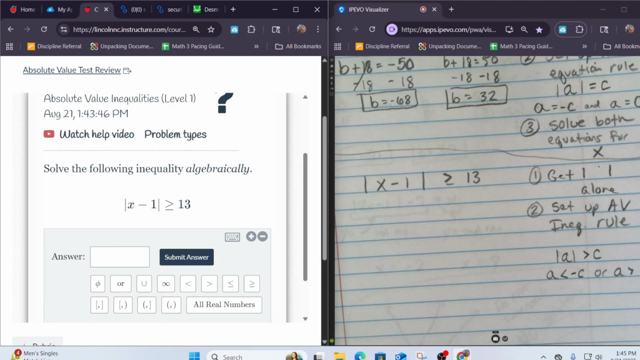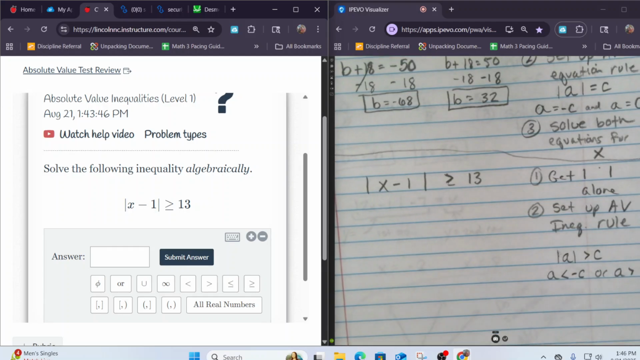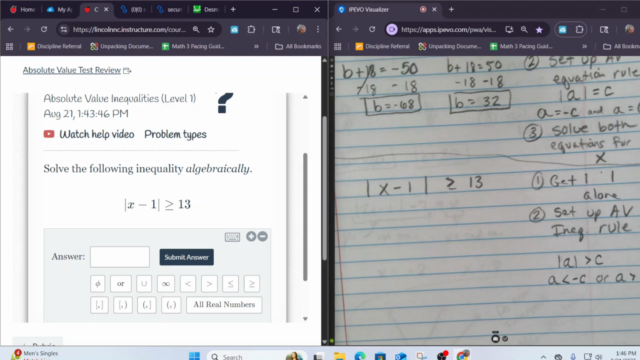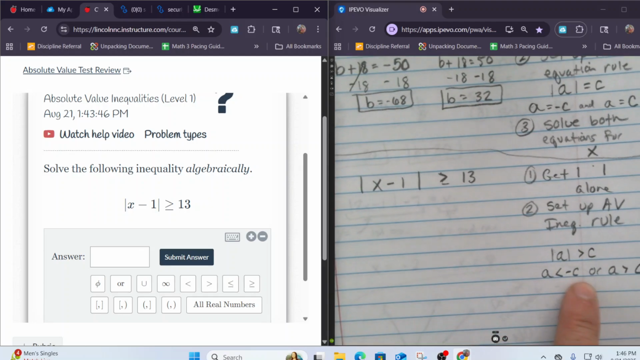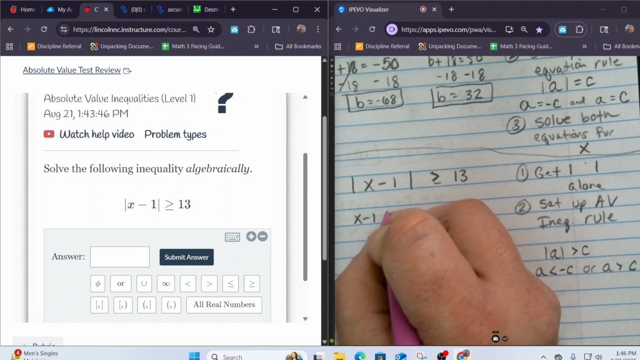If it counts it wrong on Delta Math, usually your raw score, which is what you entered, is a little bit lower than your actual score. Unless there was one when you had to show work and you didn't show work, then it may be less. Okay, so following this rule, that's x minus 1